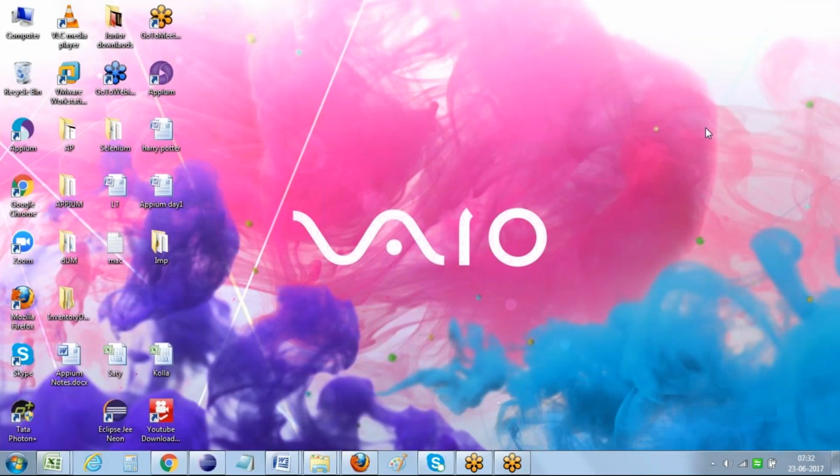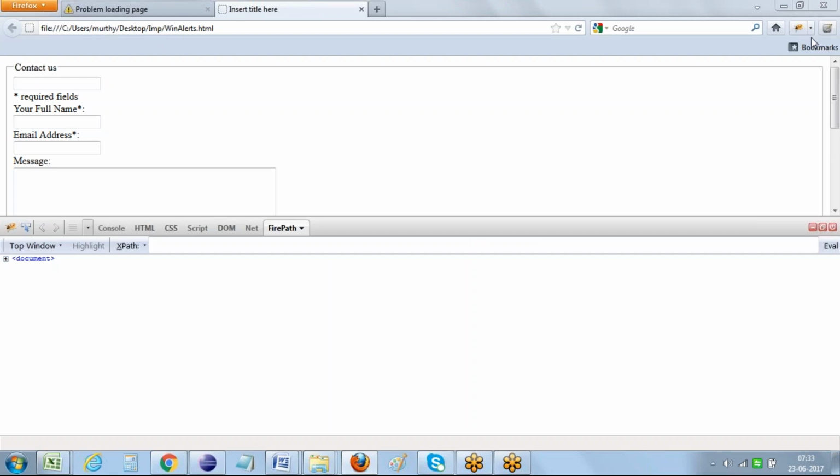Here is either a simple alert, a confirmation alert, or a prompt alert. Whatever the alert might be, we can simply handle that just by switching into it, and we can perform operations. Suppose whenever we are working on an application and you come across these kinds of